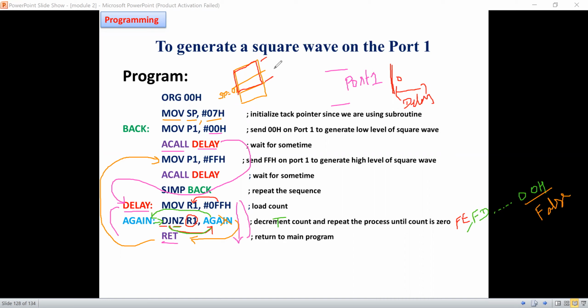That is your bank 1, whose address starts from 07. This is the default. So once you move this, the stack pointer always holds the address of the stack. So now I'm moving 07, the address of this particular